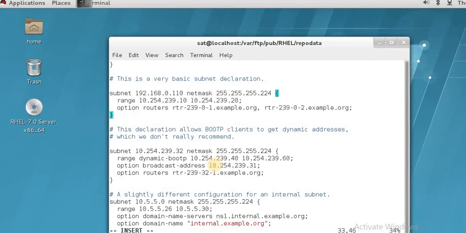Netmask will be new, so range will be, I will define class A and the range will be